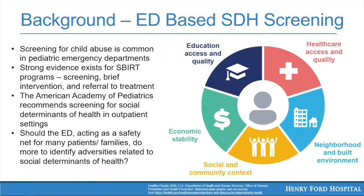The emergency department often acts as a safety net for patients and their families that may fall through the cracks of the medical care system. For children specifically, environmental factors play an incredibly important role in their development and well-being. The American Academy of Pediatrics recommends surveillance for risk factors related to social determinants of health during all patient encounters. And thus, we wonder if there's more we can do in the emergency department to help mitigate the effects of